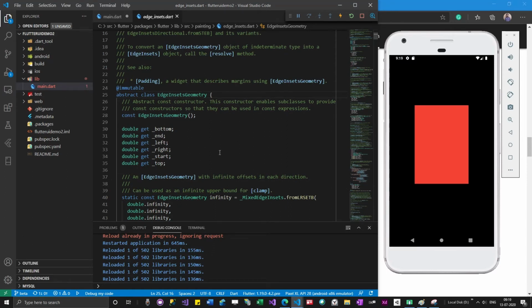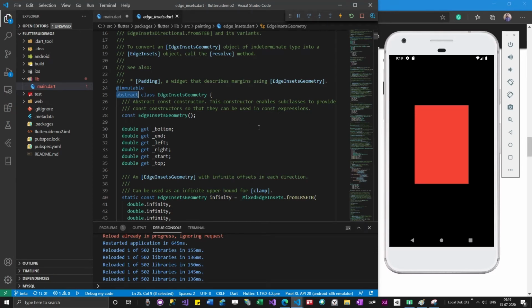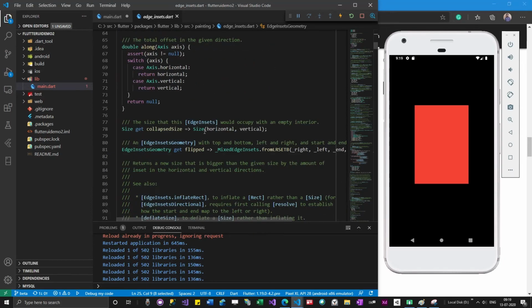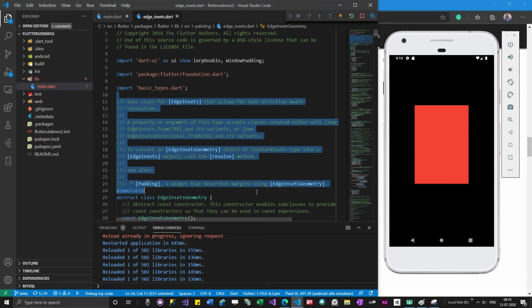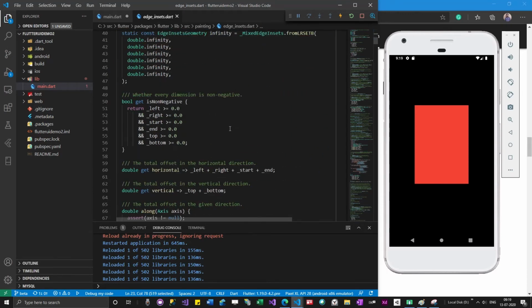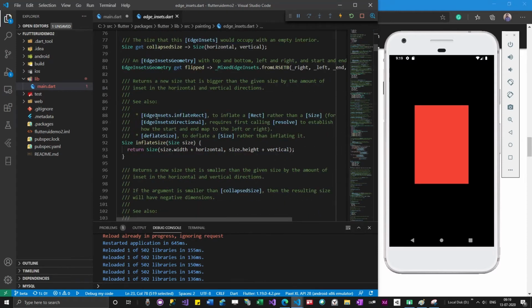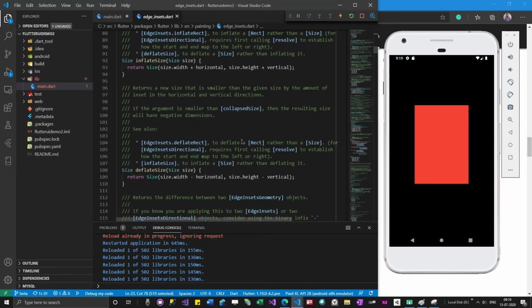It's an abstract class, which means that you cannot instantiate it. I cannot run this kind of code; only if this keyword is not there will I be able to do it. If I go in depth inside it, I will be able to understand. If I scroll down, they have mentioned some documentation, which will always be there. You have to go through it and try to understand. But it's too early to go through this documentation, so we'll leave it for now.